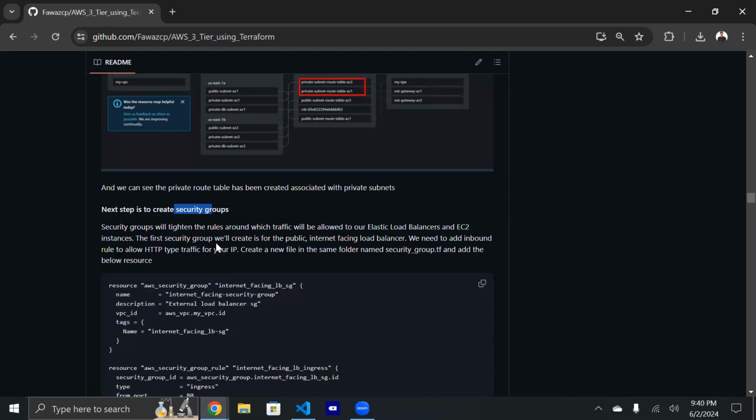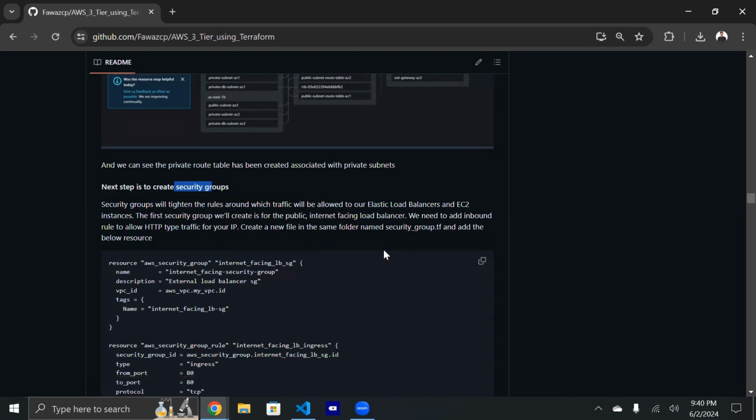But the first security group that we will be creating is for the public internet facing load balancer. And we need to add an inbound rule to allow HTTP traffic from your IP. You can allow the HTTP from anywhere also, which is not an issue. And in order to do this, first we'll have to create a new file called